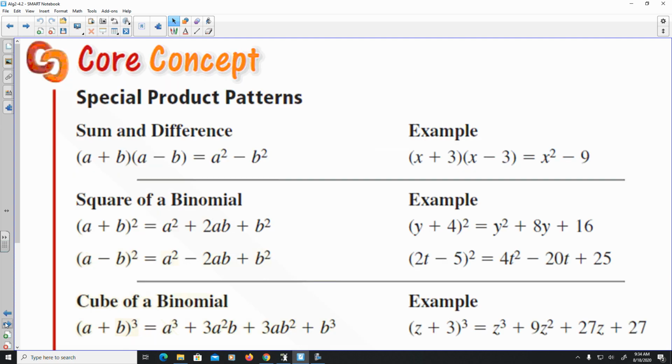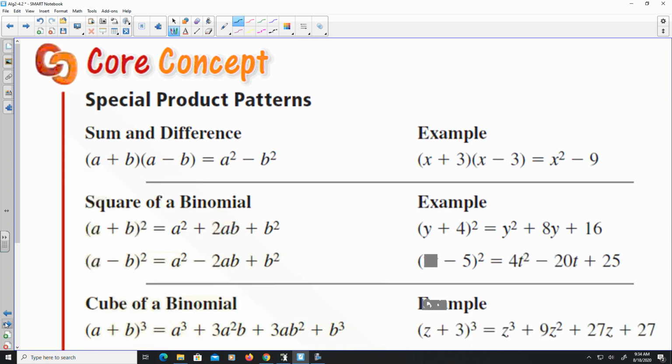should be a little bit of review. Hopefully you're familiar with it. The two things that you should be familiar with, that you've seen in previous math courses, are the sum and difference pattern and the squares of a binomial. The reason why we can use these formulas from our core concepts is that we create those formulas from